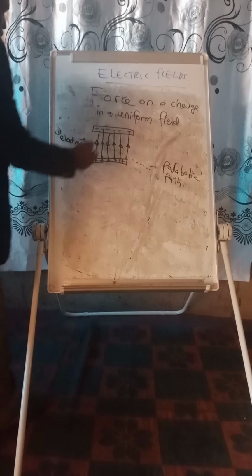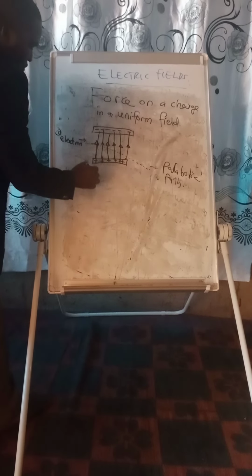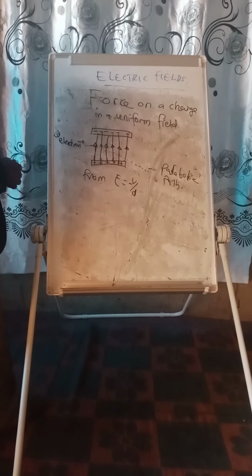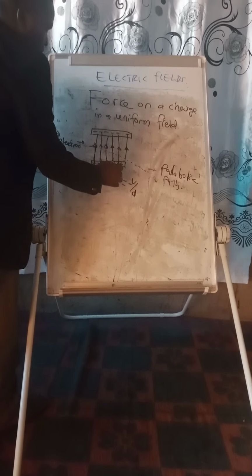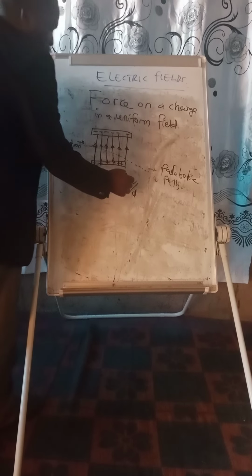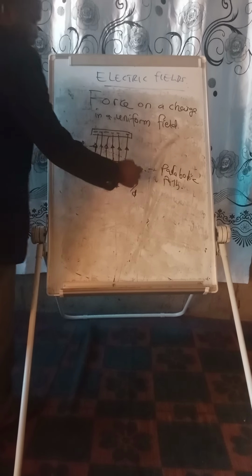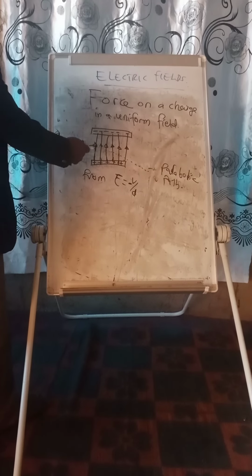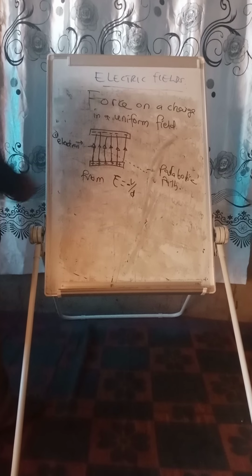So now let us find the force here from electric field strength, which is given by V over D. But remember the negative sign, which stands for the fact that V is opposite to the force, which moves in the same direction as the electric field lines. So from this relation, E is equal to minus V over D,